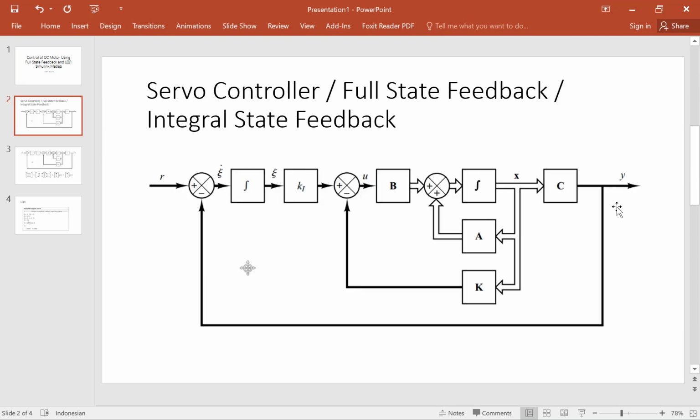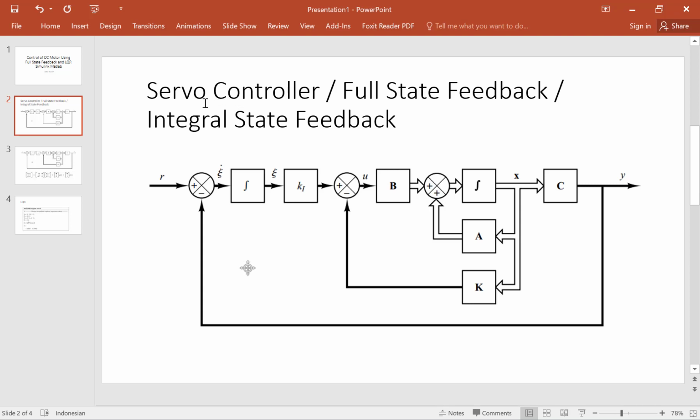So what is the servo controller or the full state feedback, also called integral state feedback? Because there is an integral here, and this is the state feedback, so we can call it integral state feedback.